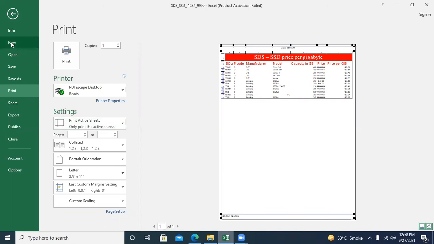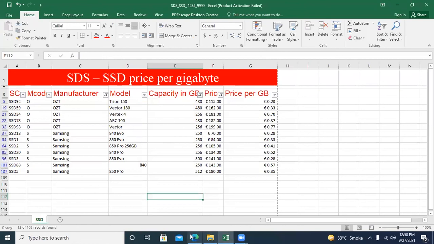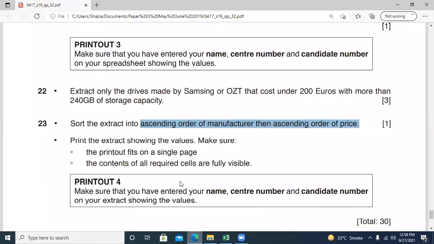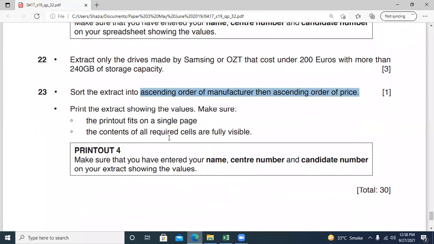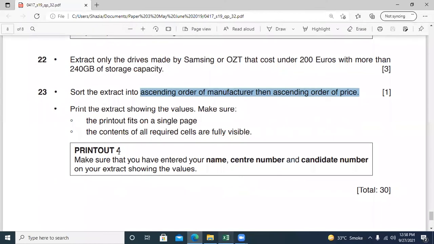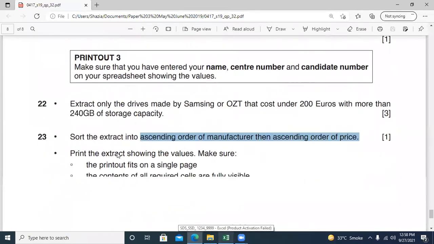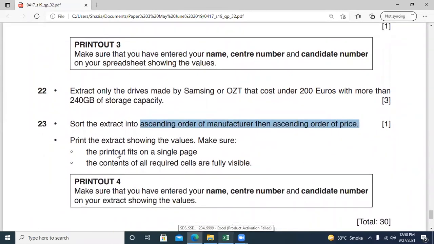Save this data model and go for printing. We have done it, all contents of required cells are fully visible. Just go and double check this data model.